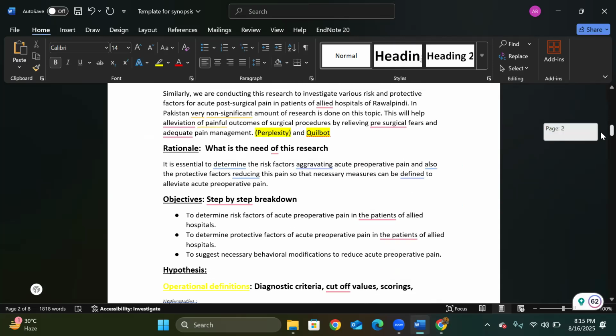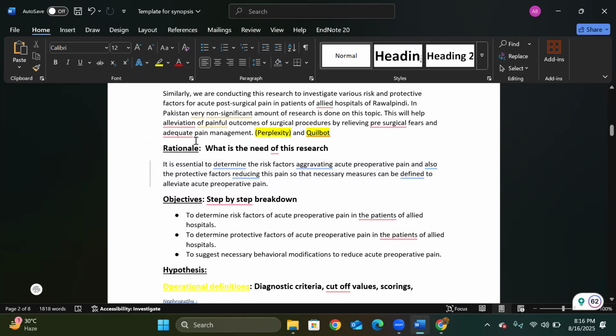Okay. Then the next thing, and then we will take a break, is the rationale and the objectives. What is the rationale? The rationale is a one-liner statement of what is the need of your research, why your research is important. Like if I'm explaining to someone that I did this research, this and that, and he just asks me, Sumaya, what is the main need of your research? So I can say my research will help this thing. That one-liner is the rationale.